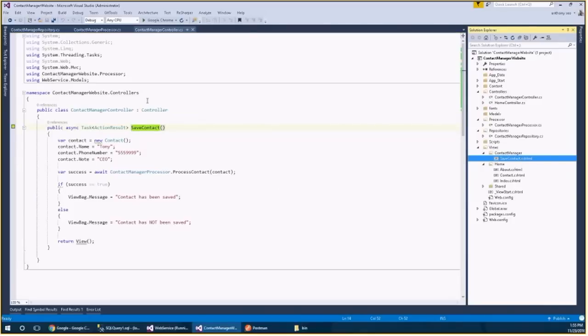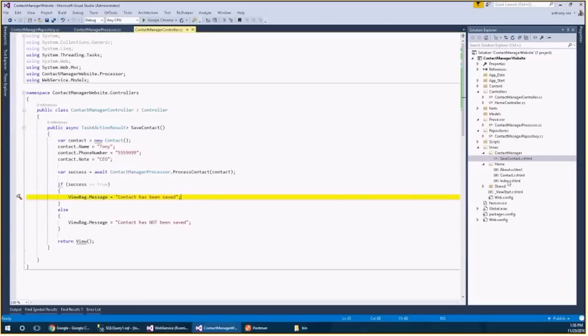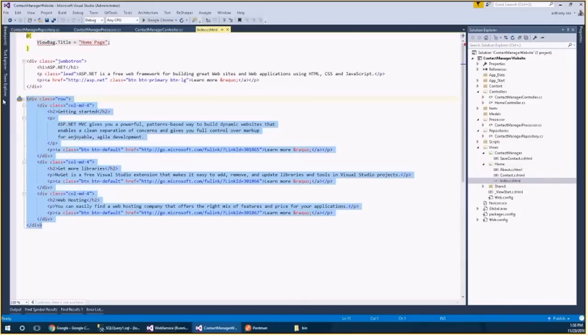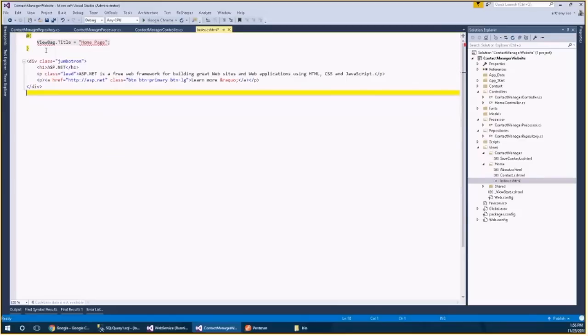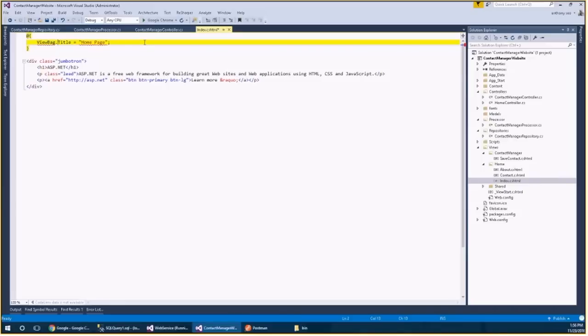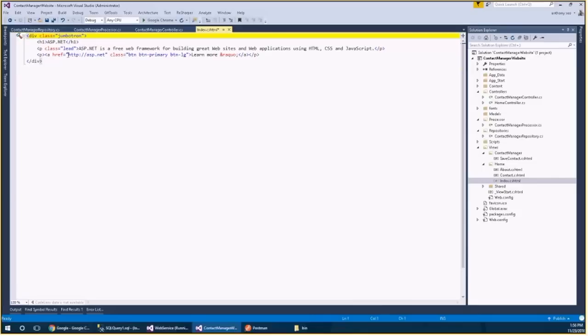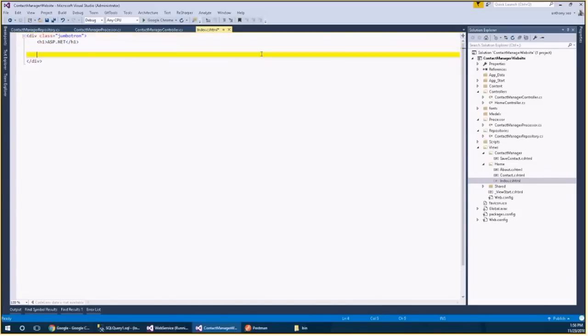But what we didn't do is create a way to access this. So let's go into the home index, which is the main page that gets loaded. We're going to delete all of this stuff. We don't need it. I don't even see this being used here. So I'm going to get rid of this view bag, and I'm going to get rid of all this code or text, and we're going to call this